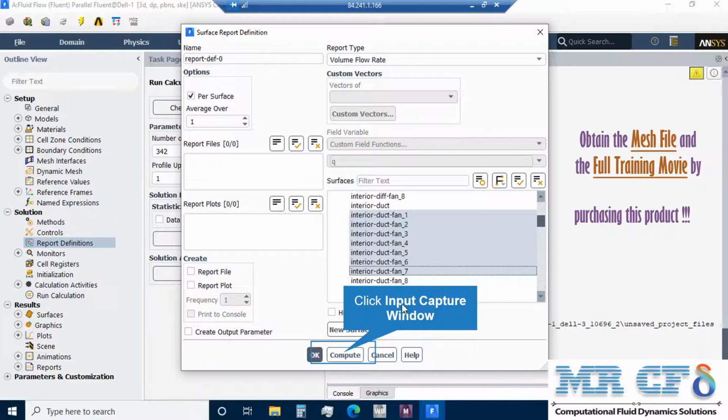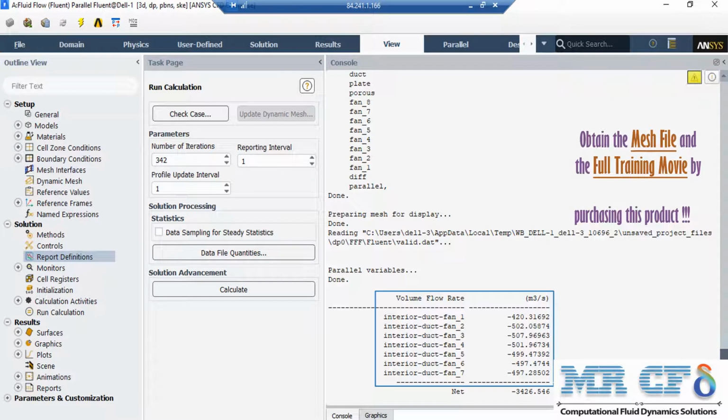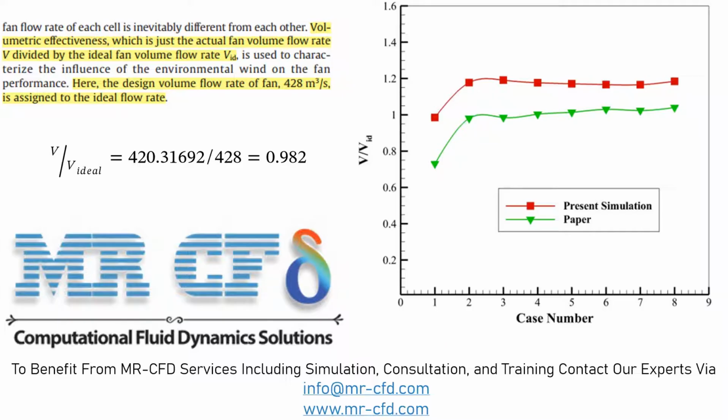After that, under the surfaces section, we click on interior duct fan from 1 to 8 and then click on compute. After that, in the console tab, you can easily see the volume flow rate for each of the fans separately. After obtaining the values for volume flow rate of each fan, based on the information provided by the paper, you just have to divide this value over the ideal volume flow rate, which is defined to be equal to 428 meter cubed per second. After obtaining this value for each of the fans, you can easily generate the shown graph